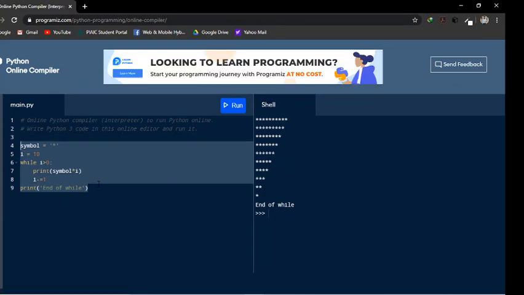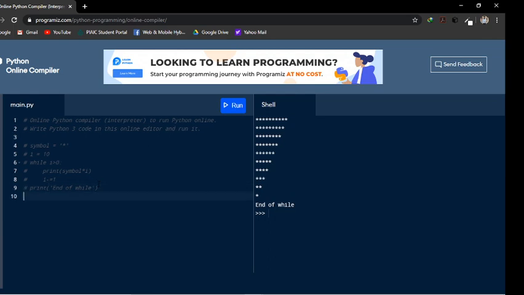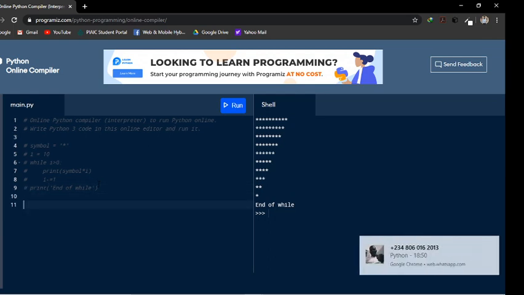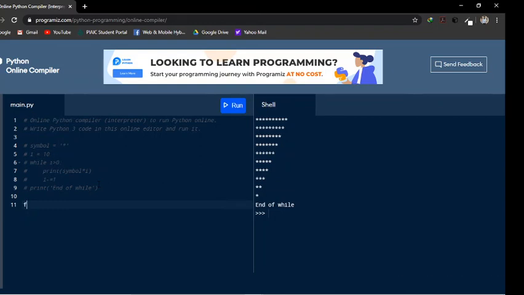Now let's see what's the difference between the for loop and the while loop, and the same thing if I do it in a for loop. Let's see, for i in range. Here we give a range, we don't define the value first. We give a range: for i in range of 10. Same, give a colon, and inside this write print John Smith, and then run the program.